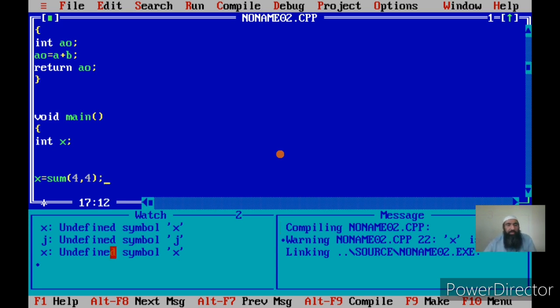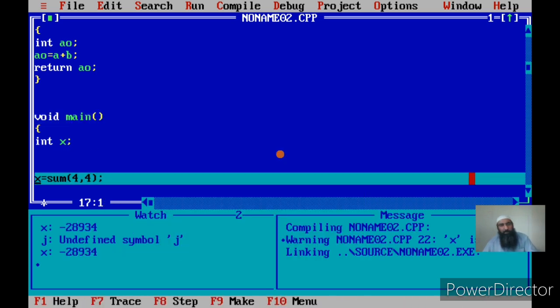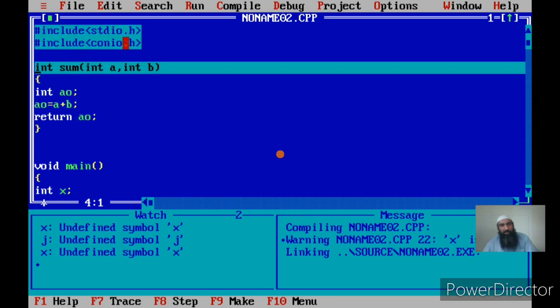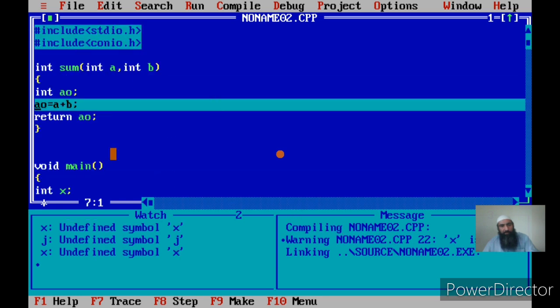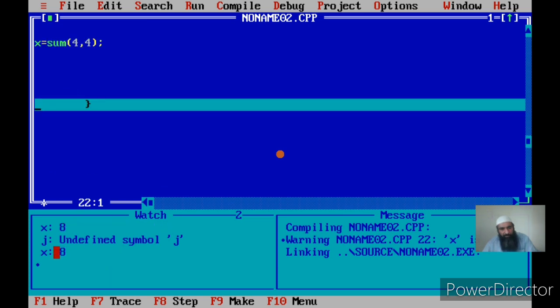This is initialization later on, not at the point of declaration where x is declared. Now the function is called, a and b are passed these values, a and b are added, I return AO, and now you see the value of x is 8. Before this call it was a junk value.